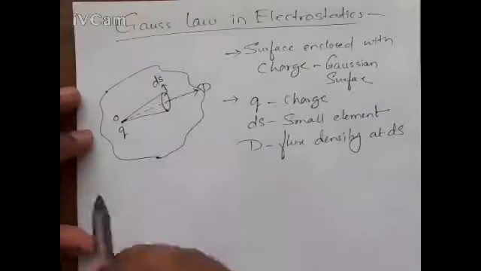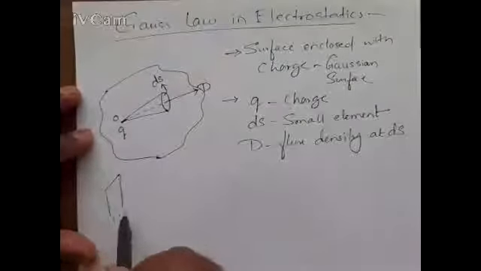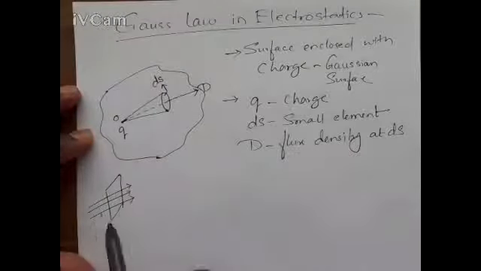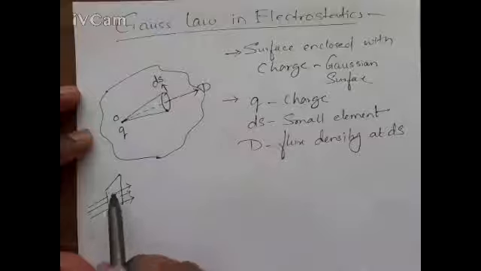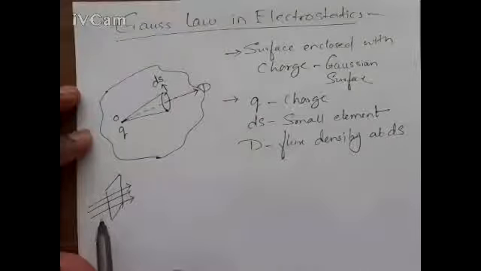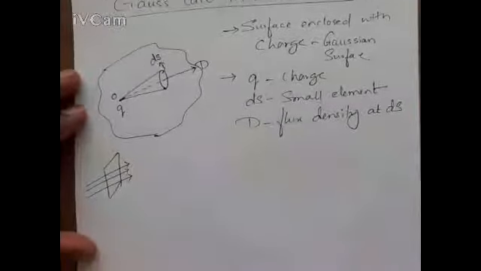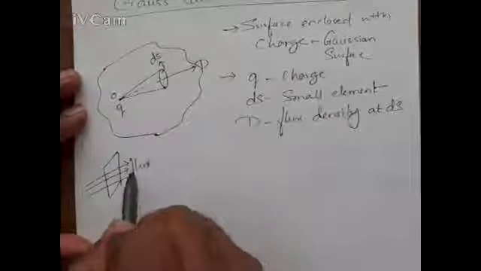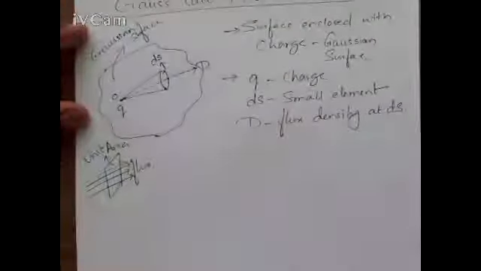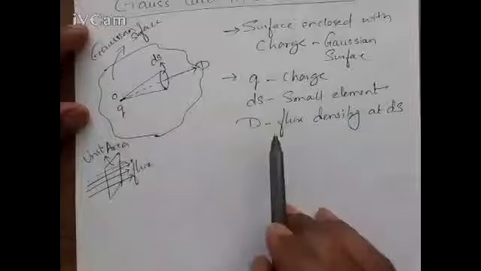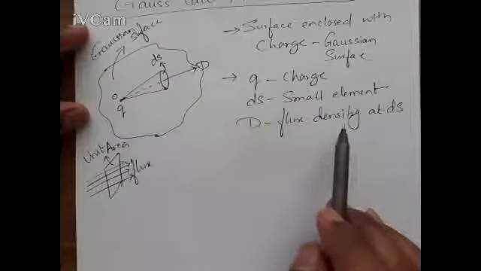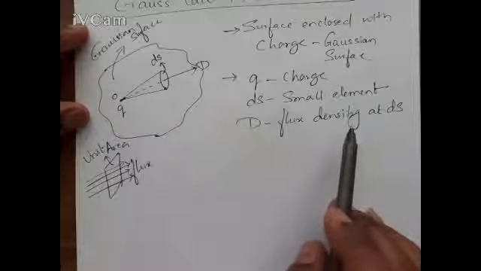What is the flux? Flux is nothing but these lines of fields. The lines of fields per unit area is nothing but the flux. Are you understanding? The lines of fields per unit area is nothing but the flux. This is the Gaussian surface we have considered. D is the density we have considered. Then the total flux over S.